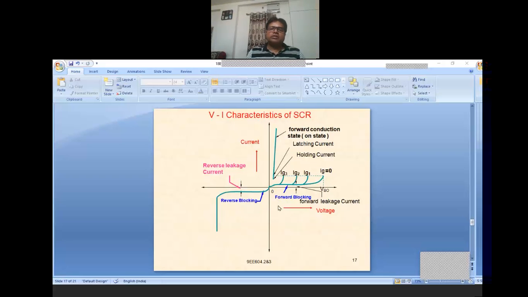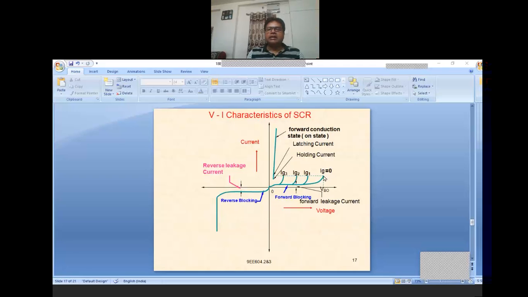So once we start increasing the anode to cathode voltage from 0, the increase in anode current or SCR current will be very gradual as the voltage goes on increasing. But once the applied voltage becomes equal to forward breakover voltage, the avalanche breakdown occurs and there will be